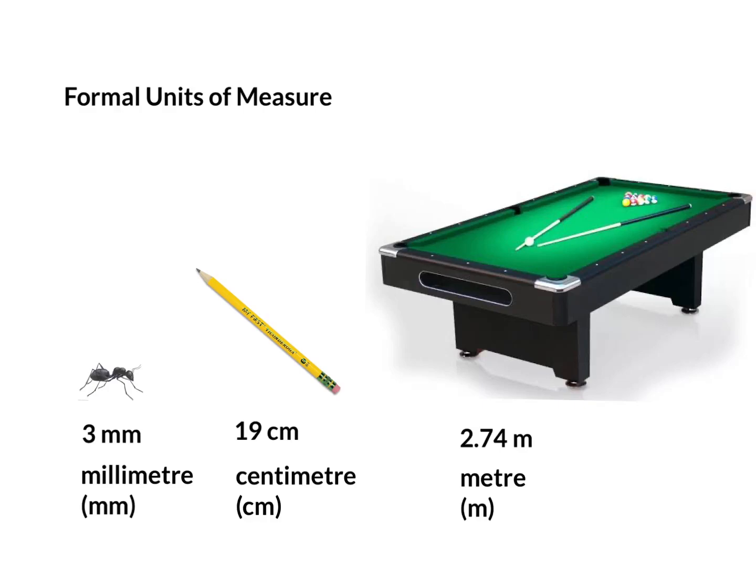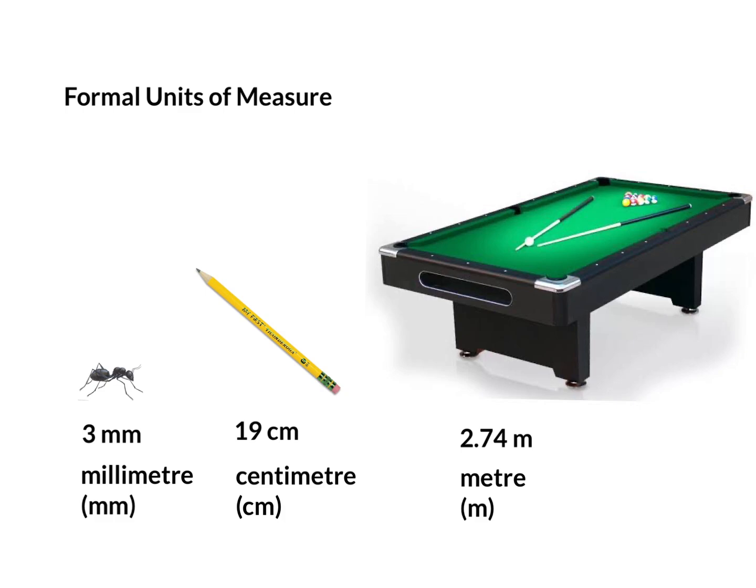In this video, we are going to discuss formal units of measure. When we're looking at formal units of length measurement, we're talking about millimeters, centimeters, and meters. If we look at the ant to the far left, we can see that the ant is 3 millimeters long. A millimeter is a small unit of measure when we're talking about measuring the length of objects, or in this